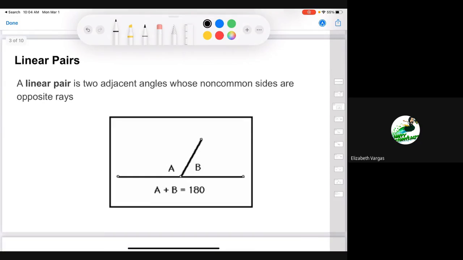Now we're going to look at linear pairs. So what is a linear pair? Well, a linear pair is basically two adjacent angles whose non-common sides are opposite rays. So here we have two adjacent angles, right? Those are angles right next to each other. And they are opposite rays because they face